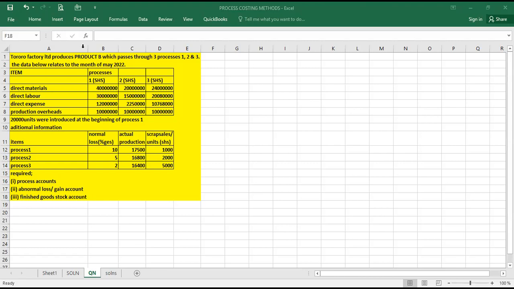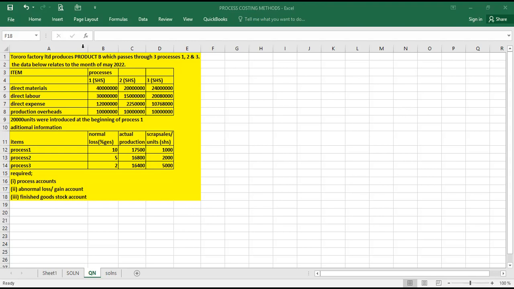Today we are looking at the computations of process account, where we have process losses, process gains, and abnormal losses within one question. And we are going to look at how we can handle this so we can kick off without wasting time. We are using a question. It says Tororo Factory Limited produces product B, which passes through 3 processes, 1, 2, and 3. The data below relates to the month of May